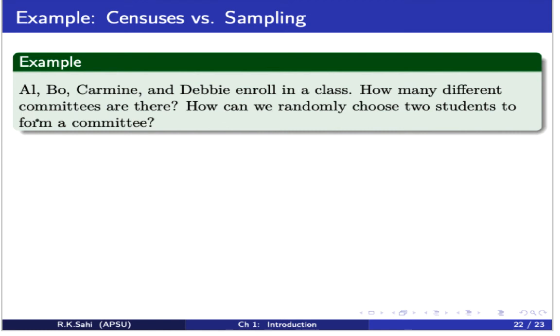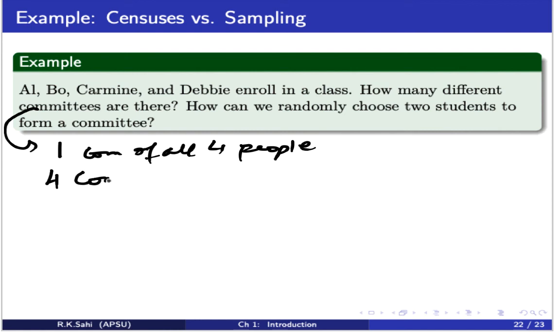The number of committees which can be formed from all these 4 students is one committee of all 4 people, or 4 committees of 1 person each, where every committee has only 1 person,